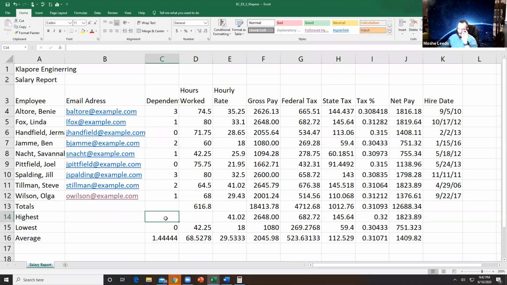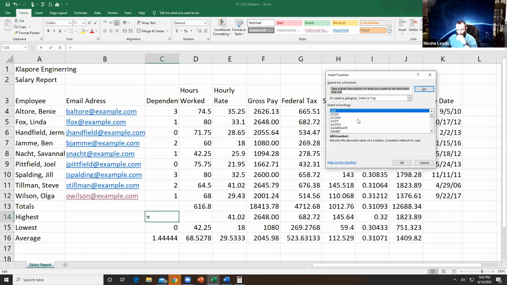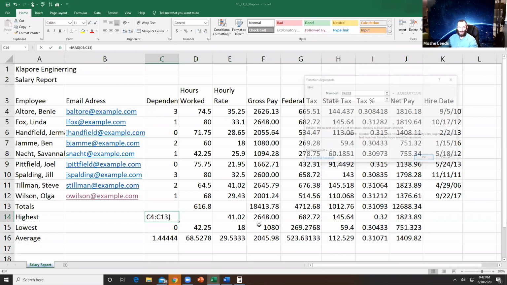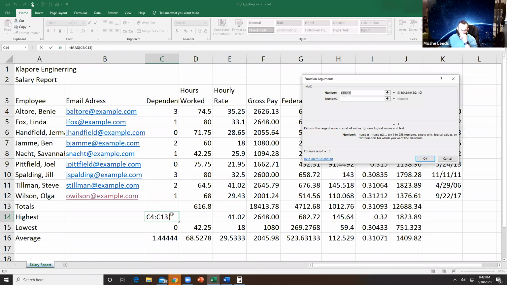I'm going to go to my formula entry point, and go to most recently used, and I have max. I select max. Is this the max? Yeah. Returns the largest value in a set of values. Ignores logical values in text. Okay, so I press OK, and automatically it is now selected